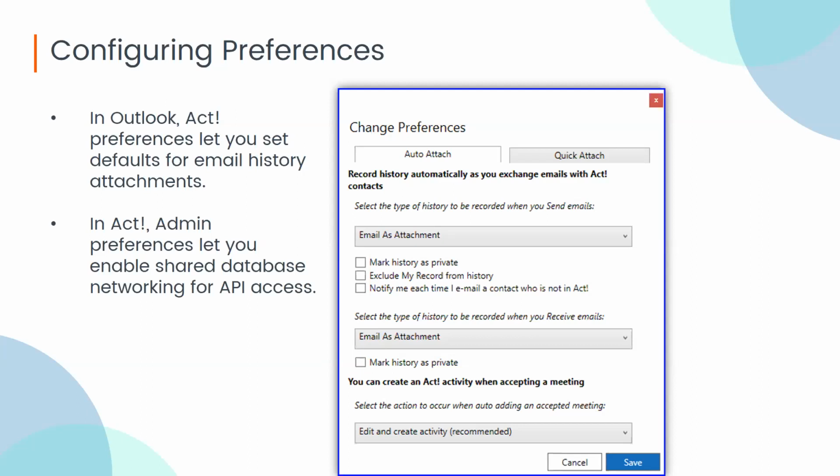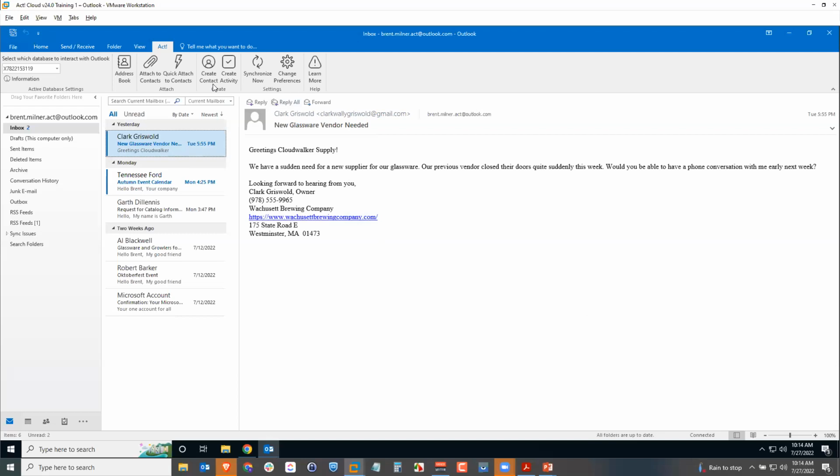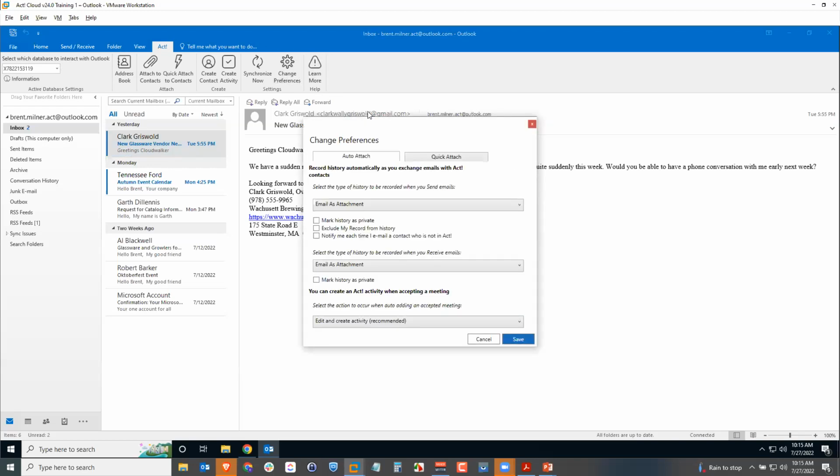So let's jump back in here to my virtual machine, and I'll look at the change preferences button at the top. Before I do that though, what I do want to show you is over on the left side, you may have noticed, if you've ever been using this Outlook integration piece, this is kind of a newer thing. Now you can use multiple databases to interact with Outlook, and each of those databases will appear as an address book inside the Outlook integration. I only have one database. That's why there's nothing else in my drop-down box there. But it's set up so that if you have multiple databases, now they'll all be available here inside Outlook integration. But as I click the change preferences button,